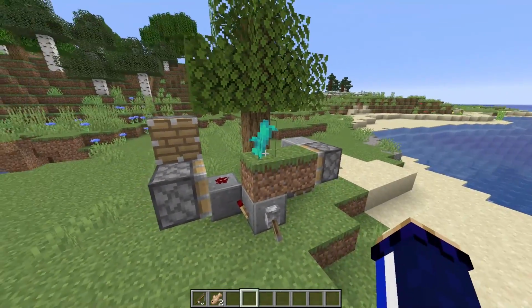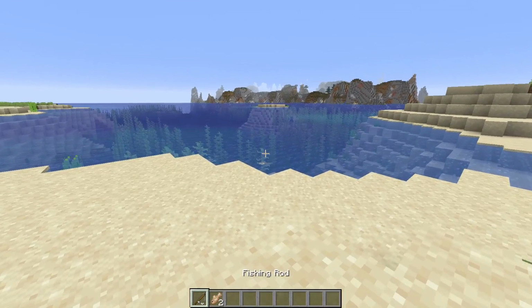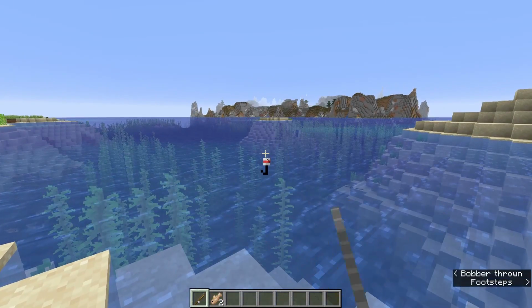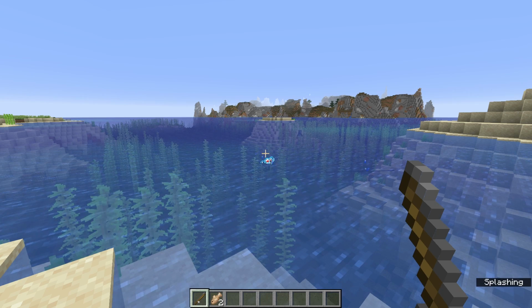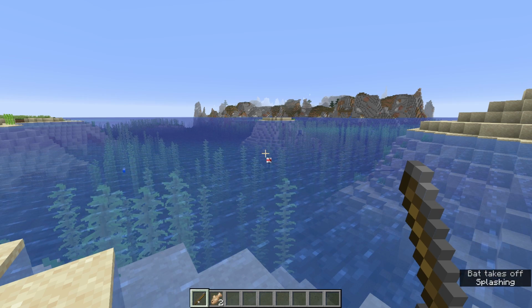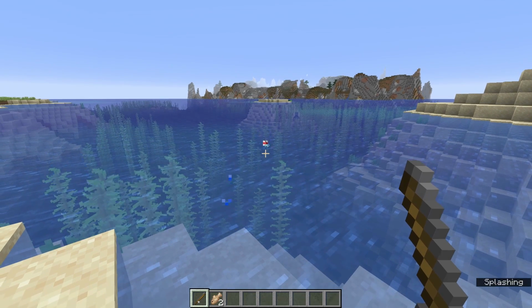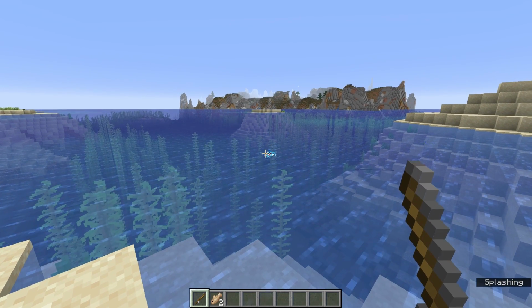You don't get to bypass them with cheap stuff like this, and that kind of brings us back to fishing, because fishing in open water will still yield you a bunch of really cool things. You'll still get loads of treasure. You'll be able to get stuff through luck of the sea and lure like you normally could. However, exploitative things like AFK fish farms are now patched, and that has been done by checking whether the bobber,